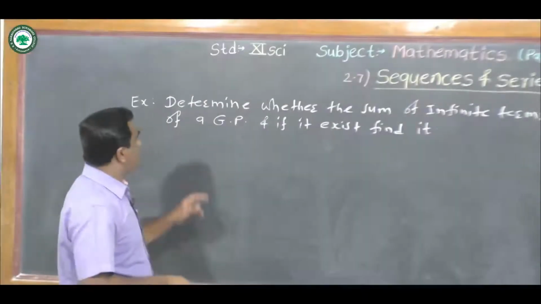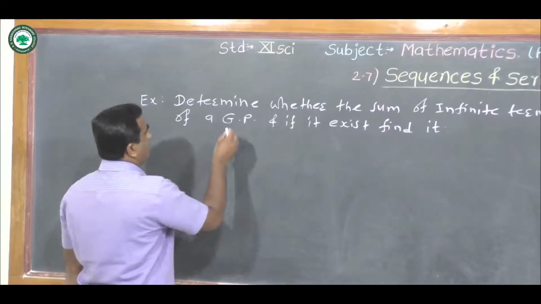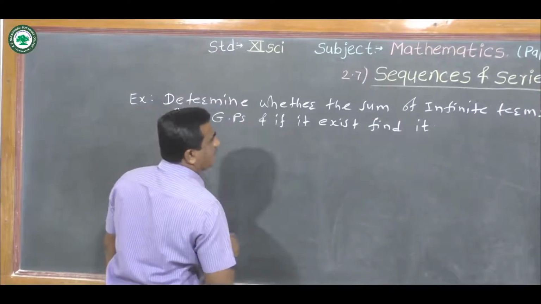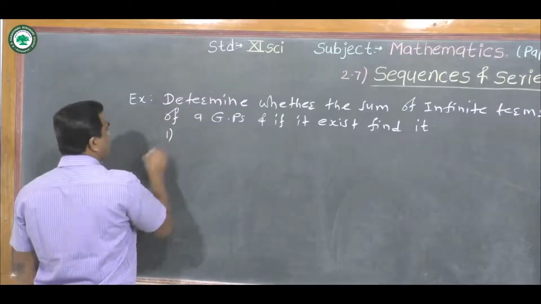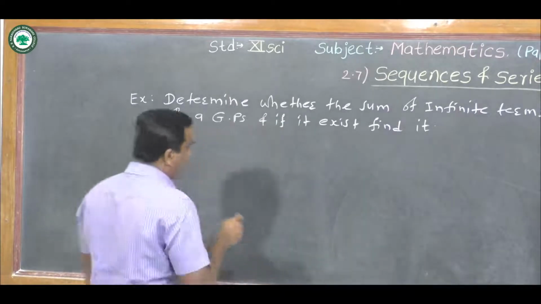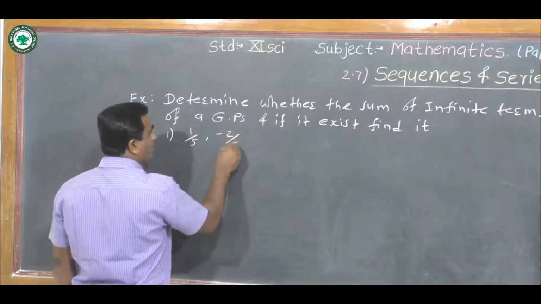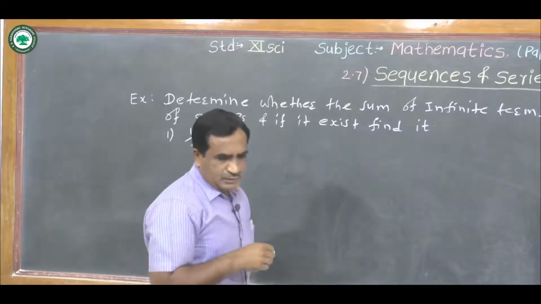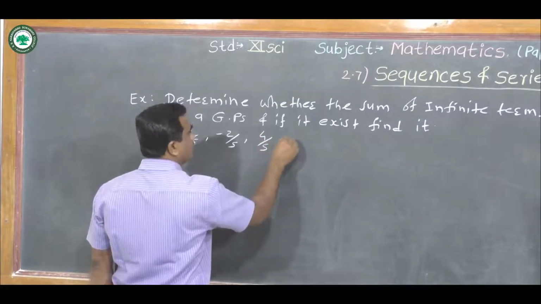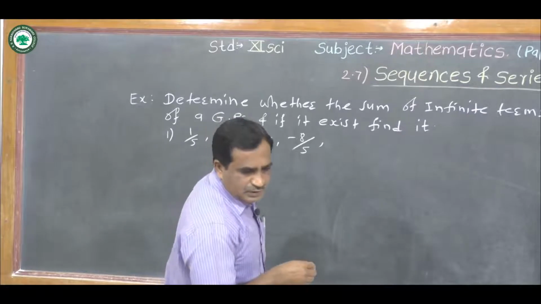Now we can take another example. The problem is the same: determine whether the sum of infinite terms of a geometric progression exists, and if it exists, find it. The first geometric sequence is 1 by 5, minus 2 by 5, 4 by 5, minus 8 by 5, 16 by 5,